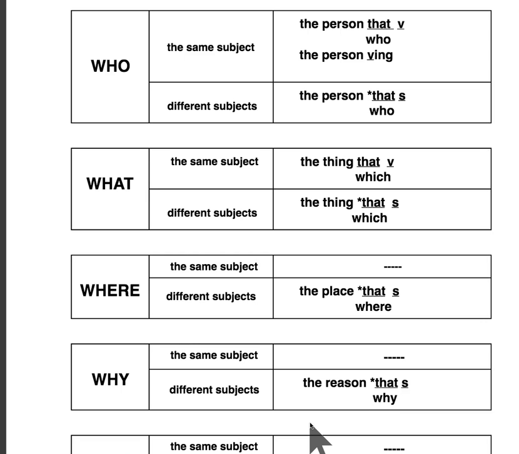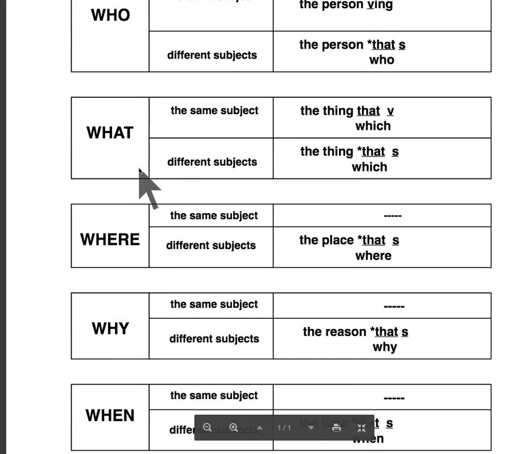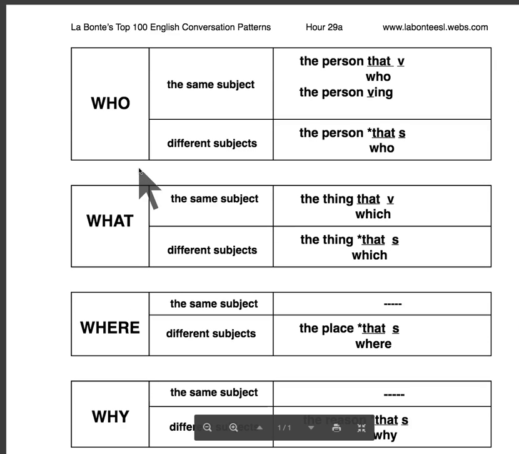But I think with a diagram like this, when you introduce this pattern to the students, they will find it a lot easier. I hope it's that way for you. On the far left, you'll see who, what, where, why, when, and how. These are the 6 parts of the sun, actually, that most everything revolves around. All patterns revolve around these. And so I divided them into these 6 sections, and I put 2 different sections which relate to each.